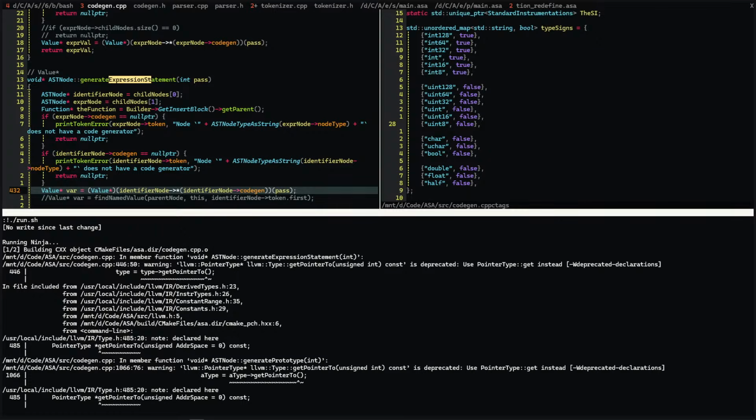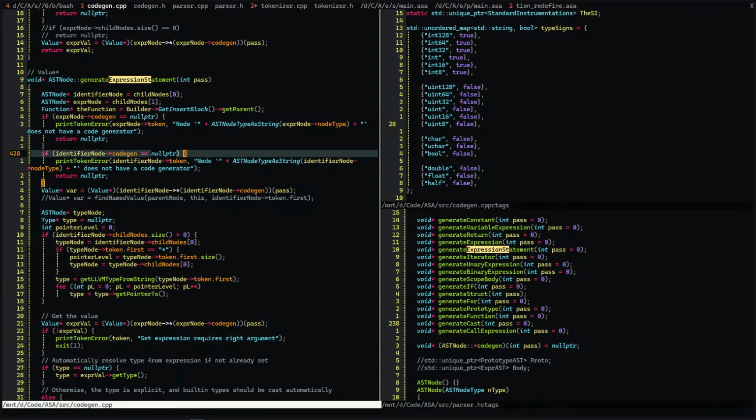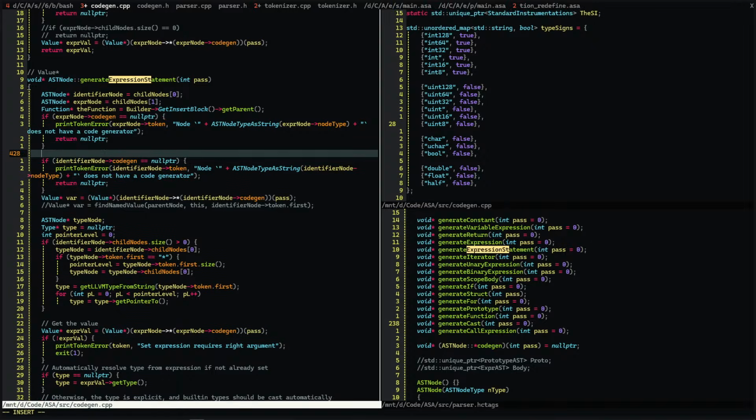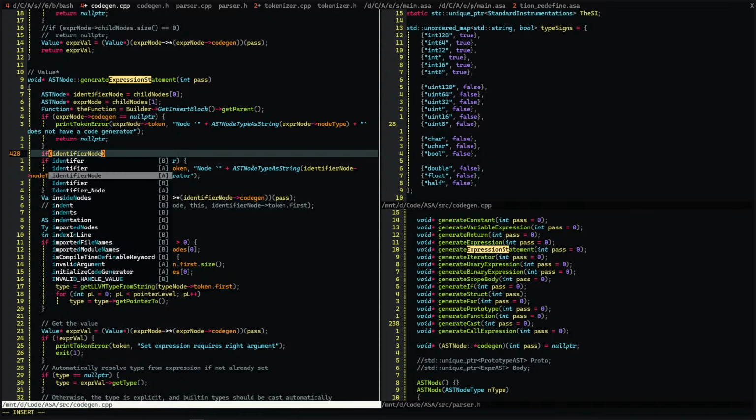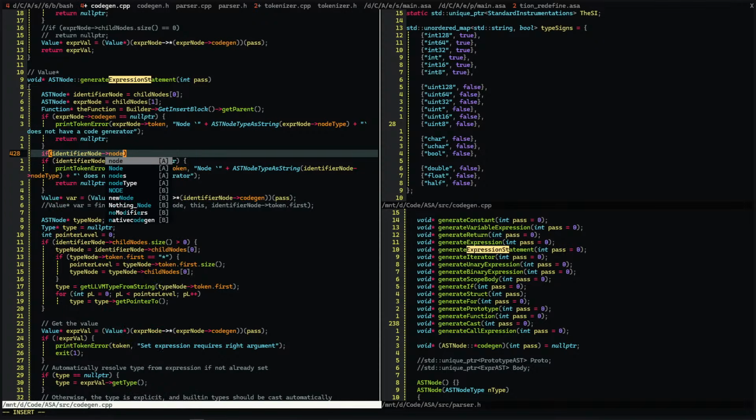Oh, no, the reason why that won't actually work, it'll probably compile, but it won't work, is because I need to look up if it is an identifier all on its own. So if identifier node type is equal to identifier node,